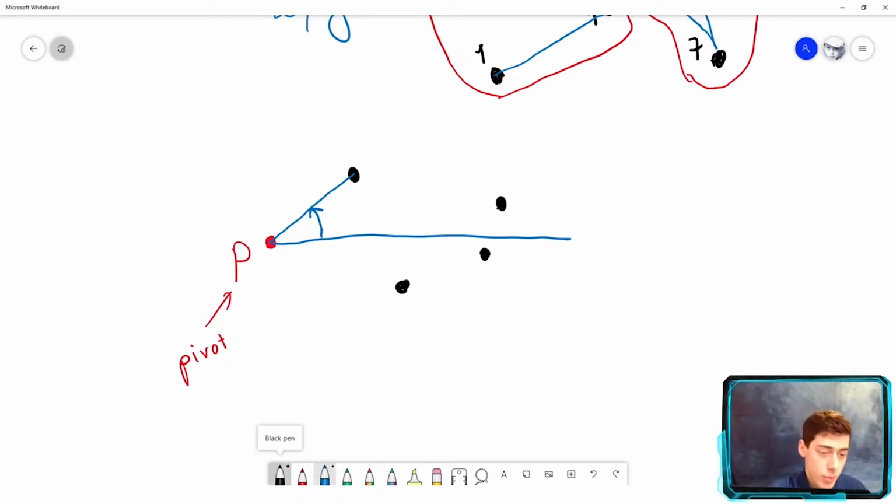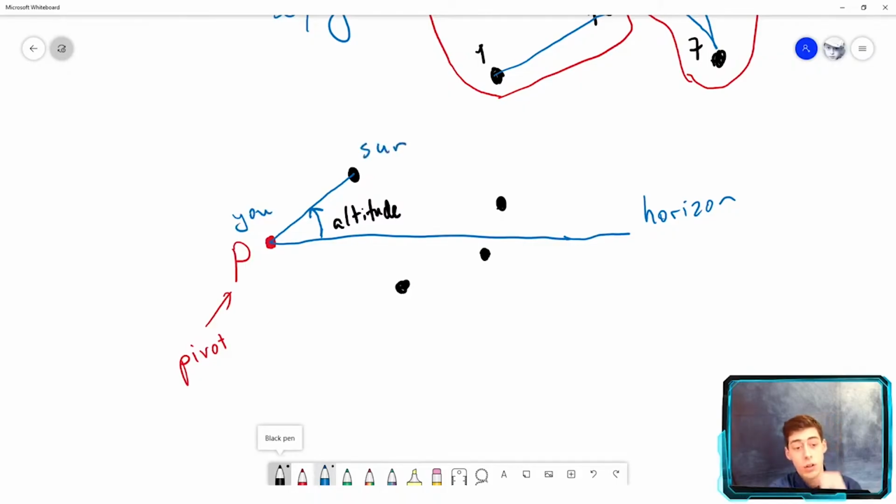We can sort the points by these angles. So this is the horizontal. The reason it's called altitude angle is because you can imagine this as the horizon, the pivot as you, and this as the sun. So this is kind of like the altitude angle of the sun. If we want to sort the points by altitude angle, first we have to